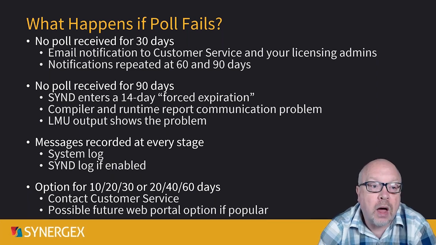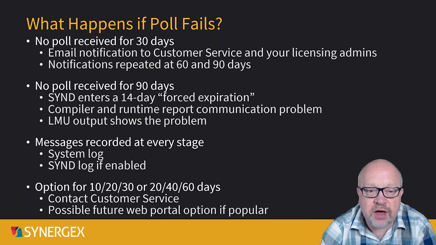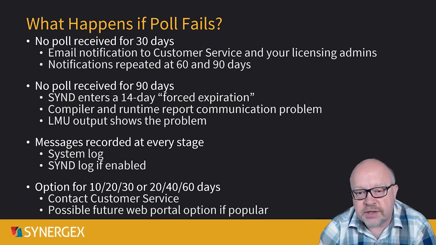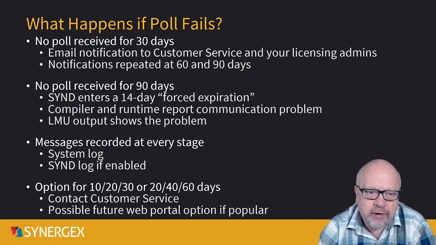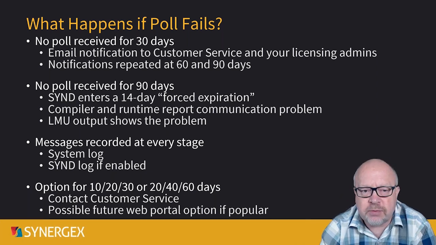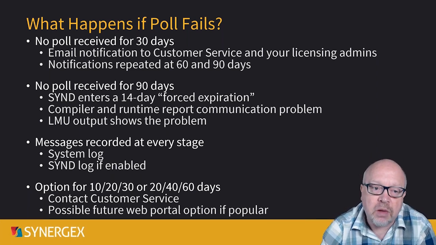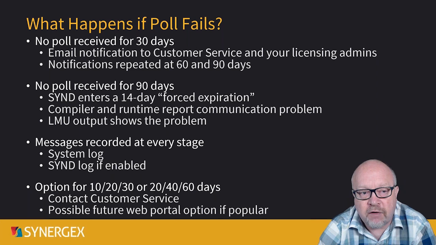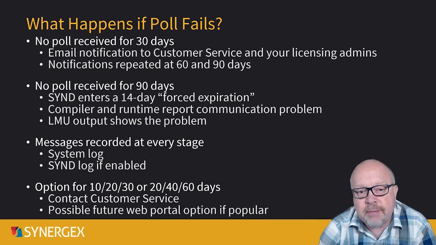So what happens if a poll fails? Well, if we don't hear from you within 30 days, we start to sit up and listen and think, something wrong here? Bearing in mind, we would have expected within a 30-day period to have heard from you 4 times, every 7 days at least. So if we don't hear from you for 4 consecutive weeks, or accurately a 30-day period, then an email notification